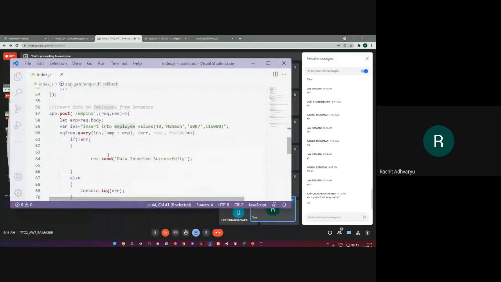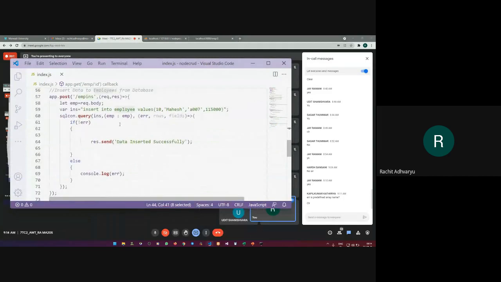the insert operation. So now, whenever we are inserting any data, we are actually sending the data from our application to the database. So ultimately, we are using the post operation or post method. So now for inserting the data, I have used post, right? And I'm saying on what URL I want to send my data to the database. I'm saying when I write EMP-INS, right? Then you need to send all this data to the database and execute the query. So I'm saying when I write EMP-INS, execute the following code.